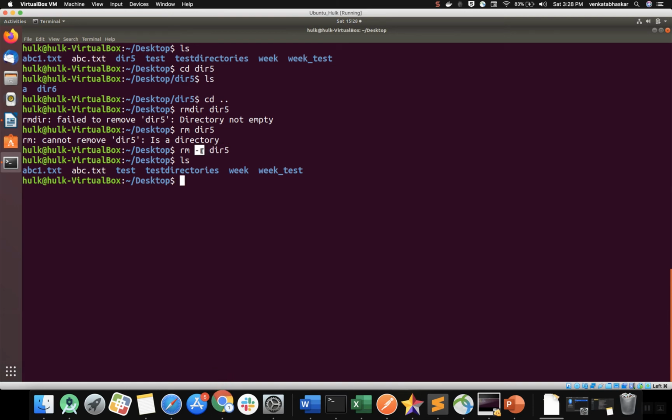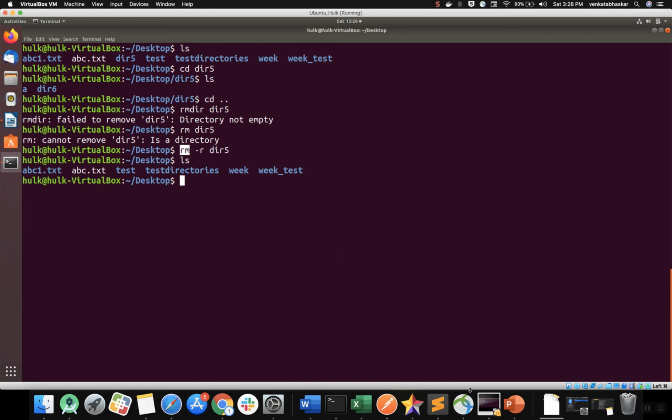Here r is nothing but recursive. Now you know the difference between rmdir and rm. rmdir is used to delete empty directories, whereas the rm command can delete subdirectories, empty directories, and files. These are the uses of the rm command.